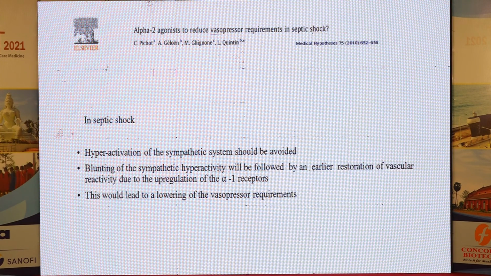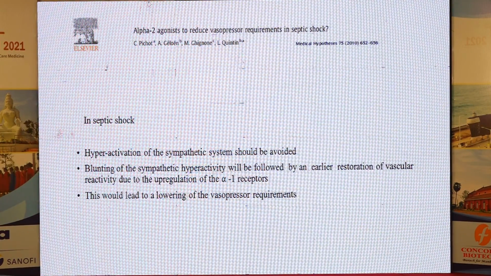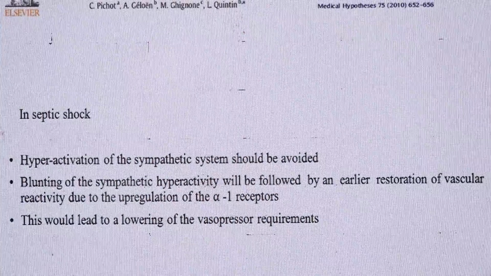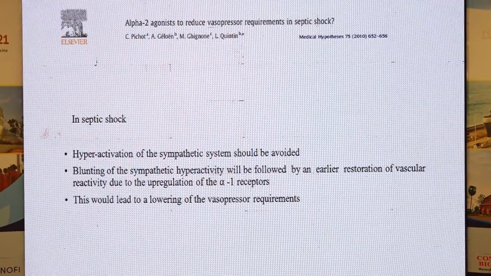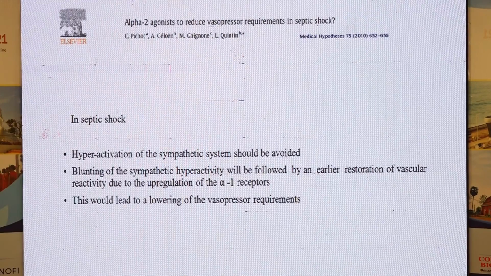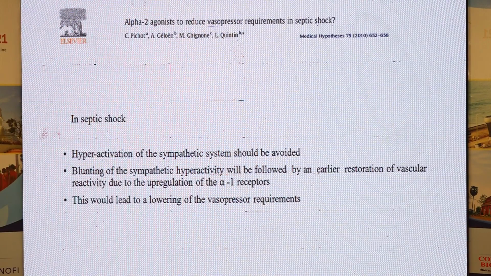Again, this was backed by a large number of small trials where they saw that when clonidine was used for presensitization, in a large number of patients who were exposed to clonidine before either cardiac surgeries or septic shock, the response to the external noradrenaline or other vasopressors was much better compared to those patients where the alpha 2 agonists were not used. And we all know that in patients with septic shock, hyperactivation of the sympathetic system should be avoided. So basically, again, this paper was not talking about what we found in